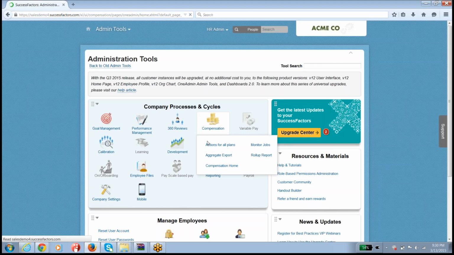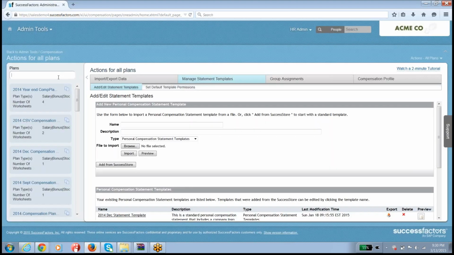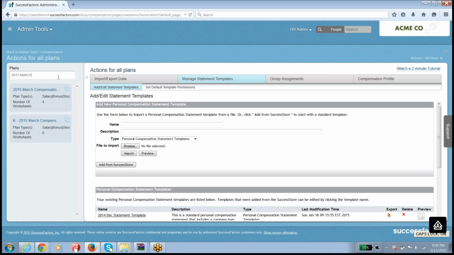Let me go to the compensation. Let me show you something. The budget is done, right? Your guidelines eligibility is done. So if you go to... one second, guys, sorry. If you go to the compensation plan template that we are working on,